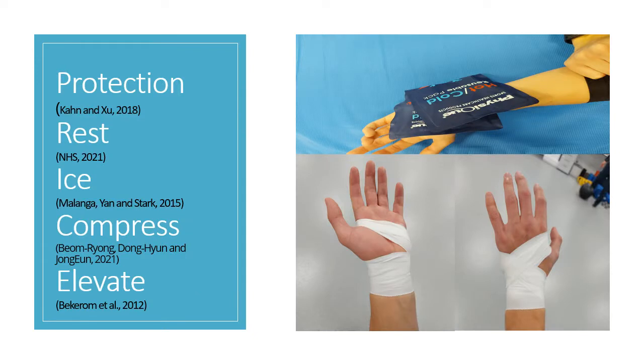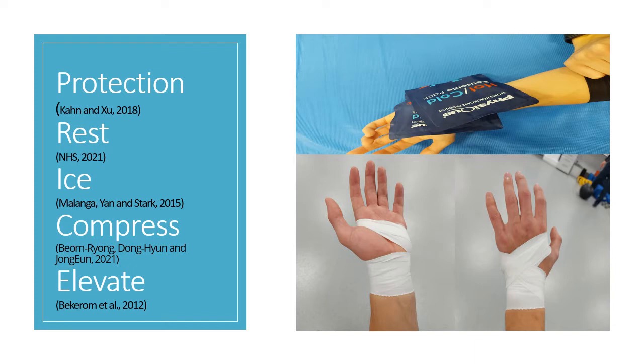For protection, according to Khan and Zhu, wrist braces can help reduce biomechanical overload on the wrist extensors, as well as increase pain-free grip strength. A wrist extension splint is seen to provide good pain relief and is recommended for wrist sprains. According to the NHS website, rest is achieved by avoiding exercise and reducing daily activity, and using a sling for